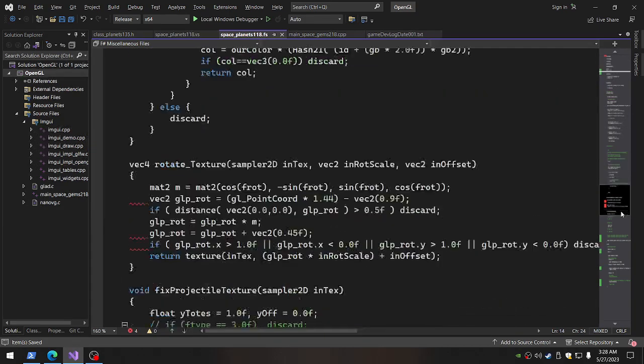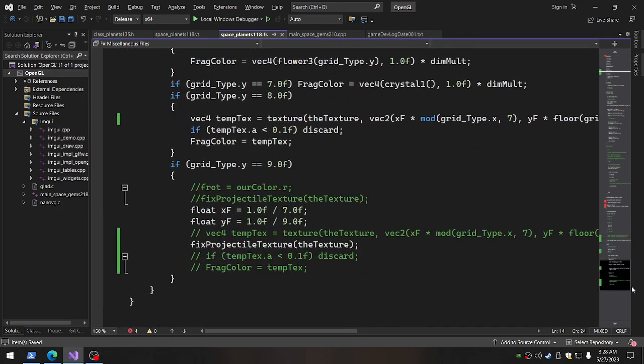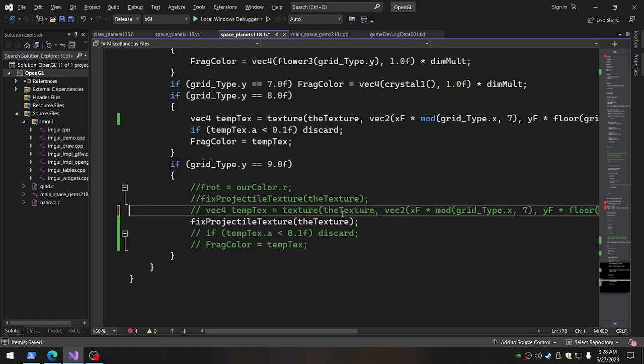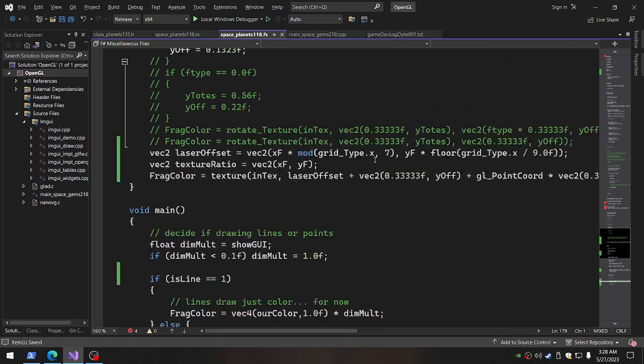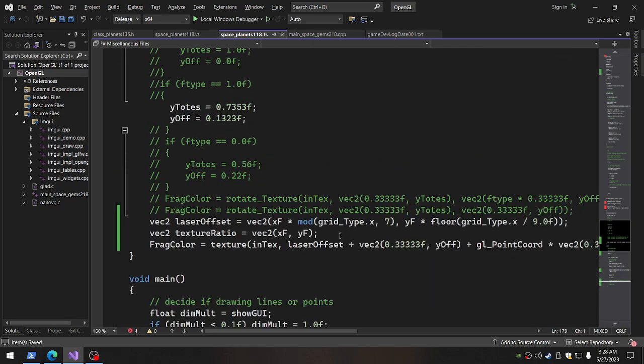That'll work, but then we shouldn't pay attention to the squigglies. The computer has no idea what I'm doing. So we don't need those there because they're the same, and we took them out of there. Okay, and then this stuff. Fix projectile texture, the texture. Laser offset equals that. Okay, texture ratio. Okay, that works. So then laser offset equals this, and then we're just going to call it text ratio